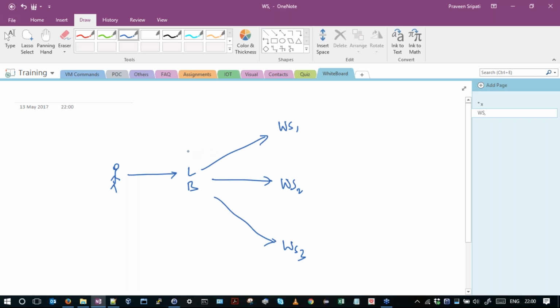In the case of Amazon Web Services, or the AWS Cloud, it is called Elastic Load Balancer, or ELB for short. The ELB will take the request from the end user and spray the request to the different web servers in a round robin fashion. So first request, second request, third request, fourth, fifth, and so on, in a round robin fashion.